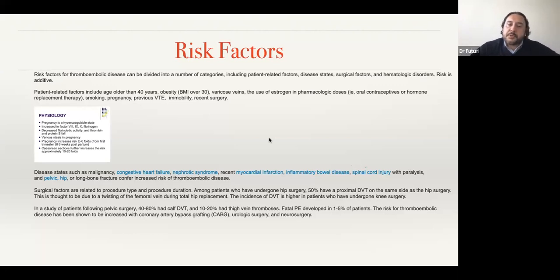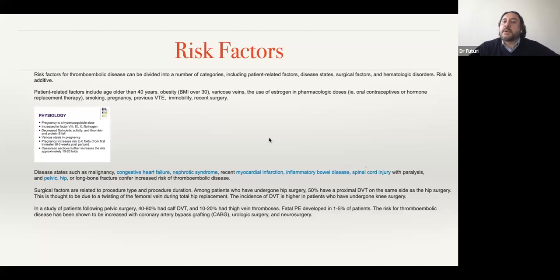Certain diseases inherently increase the risk of thrombosis, and malignancy is one of the highest. In fact, thromboembolic disease is probably one of the highest reasons that patients will ultimately die from certain cancer-related deaths. Other conditions are congestive heart failure. Again, this may deal with things from vascular injury to hemostasis of the blood, nephrotic syndromes, where some patients will lose things such as natural anticoagulants like antithrombin 3, recent myocardial infarctions, those patients with inflammatory bowel disease such as